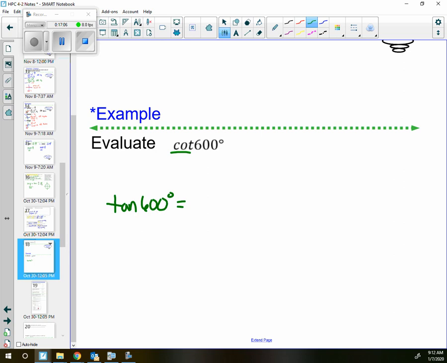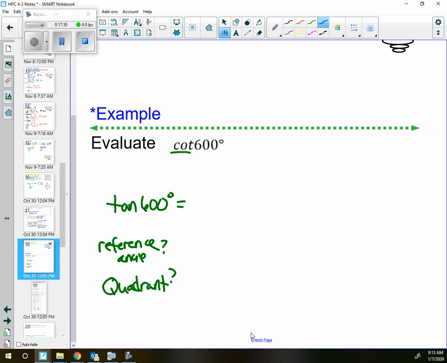All right, so let's see if we can figure out our same two questions. We still need to ask ourselves, what's my reference angle? And then what quadrant do I end up in? So the second question is what quadrant. All right, so let's think about 600. Now the problem with 600 is that it's more than once around the unit circle. So we need to figure out a coterminal angle that's going to be easier for us to figure out what the reference angle is,